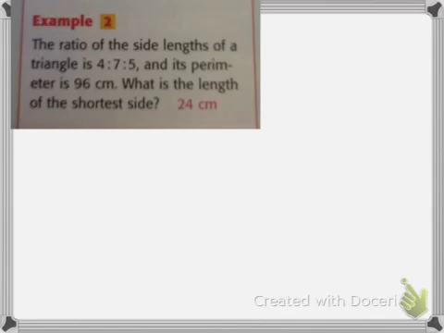Okay, the last example I'm going to do with you guys is a word problem. It's written here for you. It says the ratio of the side lengths of a triangle is 4 to 7 to 5. You notice I'm using the word "to" whenever I see a colon. Its perimeter, which is all the sides added up,